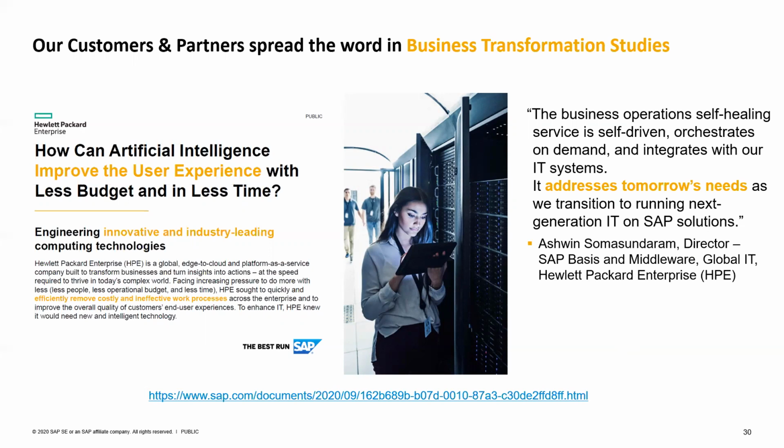So the latest one here is interesting. It's about HP Enterprise, which used not only SAP Intelligent RPA, but also 2 other capabilities available on SAP Cloud Platform, SAP Conversational AI for chatbots, and Service Ticket Intelligence AI business services. And using those 3 capabilities together, HP has been able to dramatically improve the user experience for their technical support. So you have here the link to download this document.